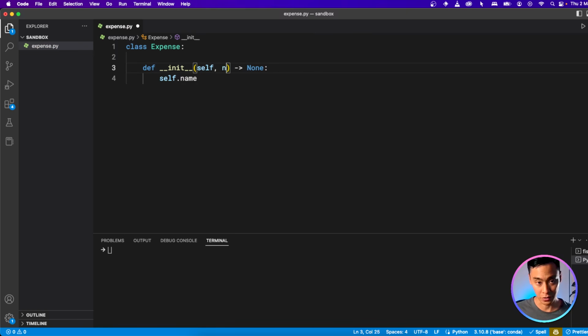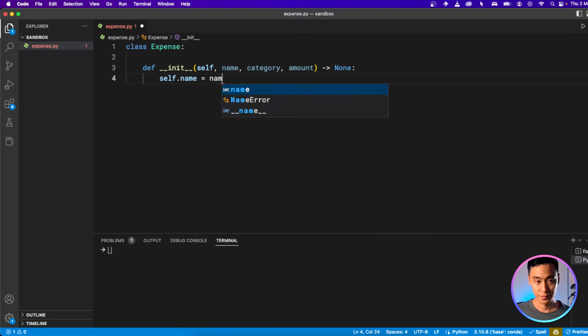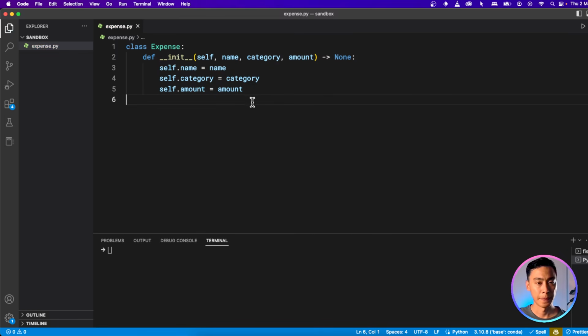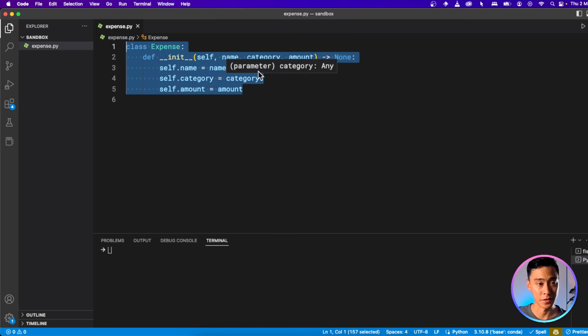So we'll have to make these arguments as well. And we'll also need category and an amount. Now that's really all we need for the class for now, so we can use it as an expense, and then we'll have these three variables stored inside each instance of the class.